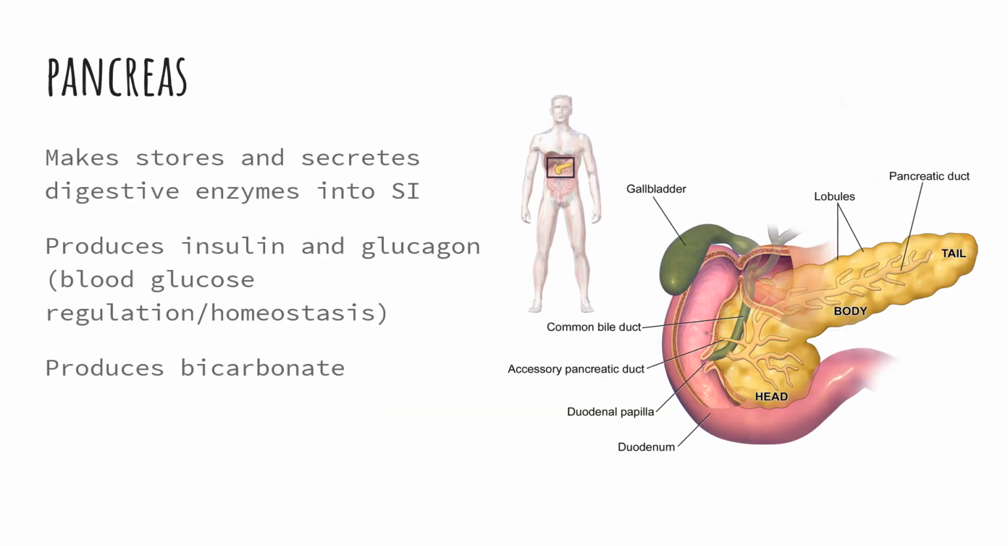So let's go through each accessory organ, starting with the pancreas. The couple primary functions of the pancreas, and you'll see the pancreas is this beautiful yellow structure over here. The pancreas does make certain digestive enzymes that will be secreted into the small intestine. The pancreas also produces insulin and glucagon, which are the key hormones for regulating blood glucose. And the pancreas also produces bicarbonate, which is super crucial because, again, as food is coming from that stomach into